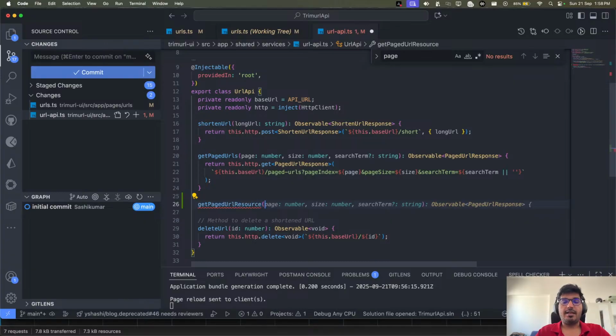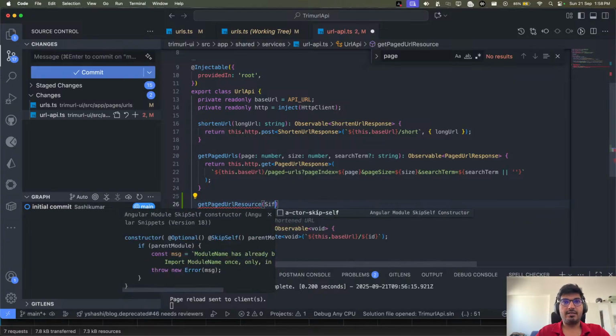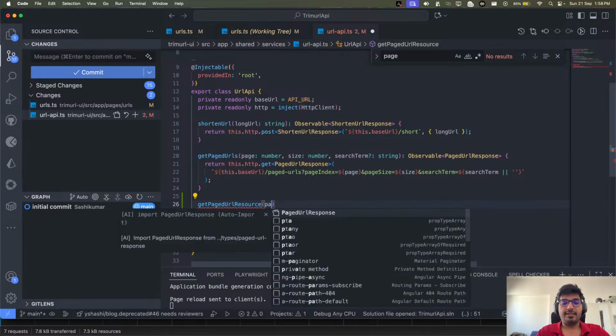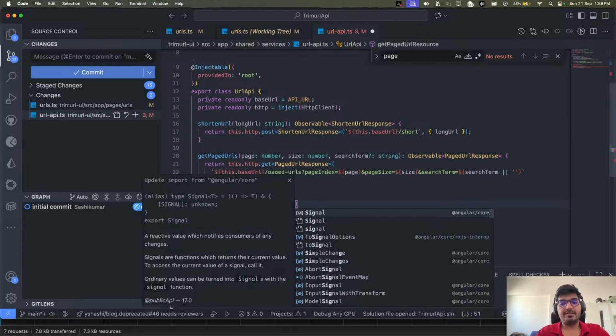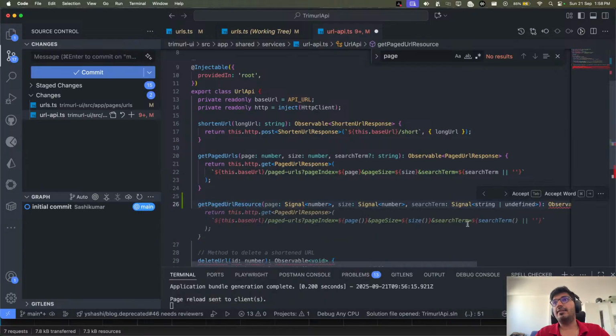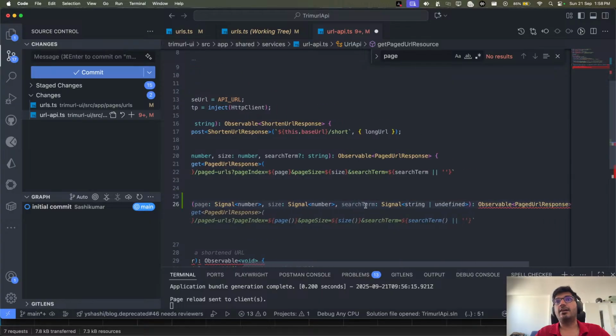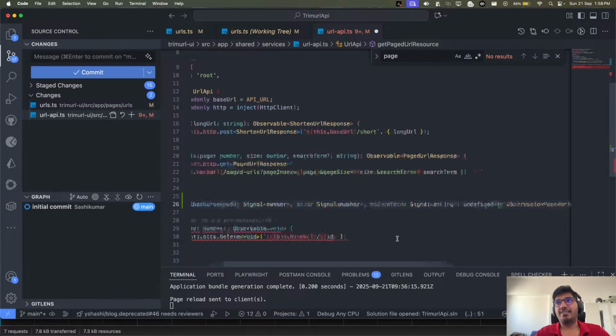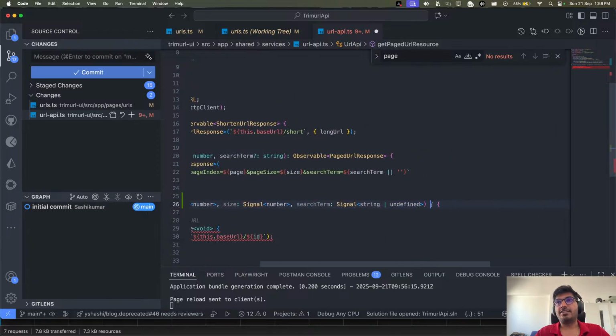Okay, and here we need to have some inputs, and these inputs should be like your page, which should be a signal of number, size should be a signal of number, and then a signal of string or undefined, and you don't need to return an observable now, as we will be using HTTP resource.